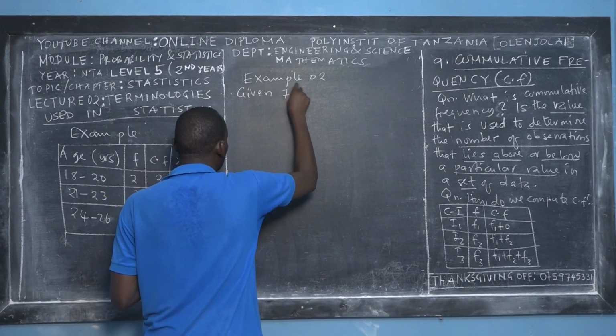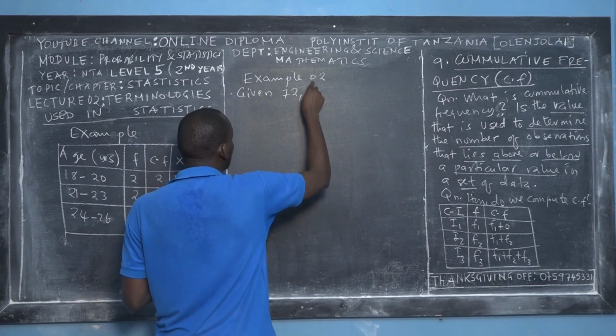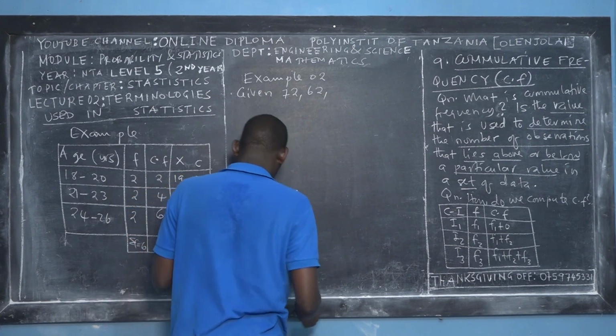72, this is raw data, we call it in statistics raw data, 62,